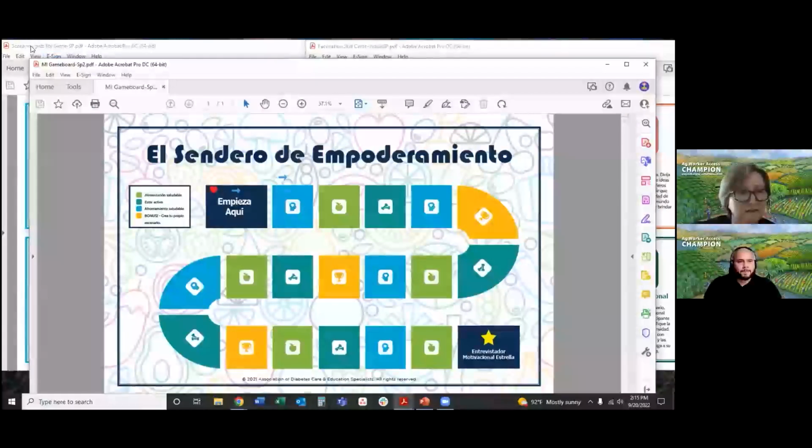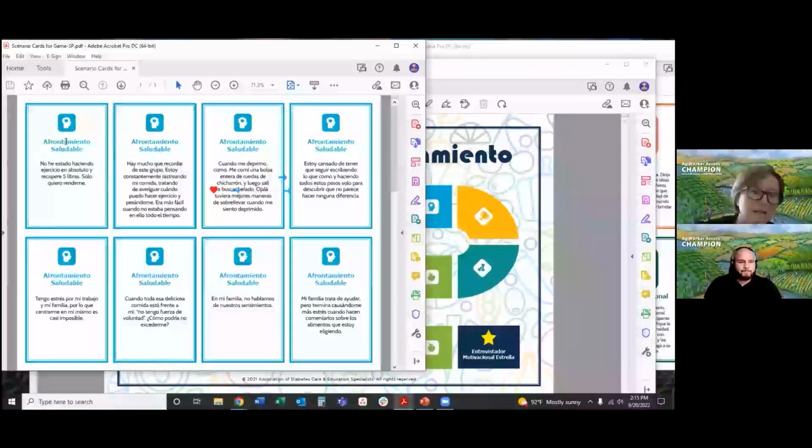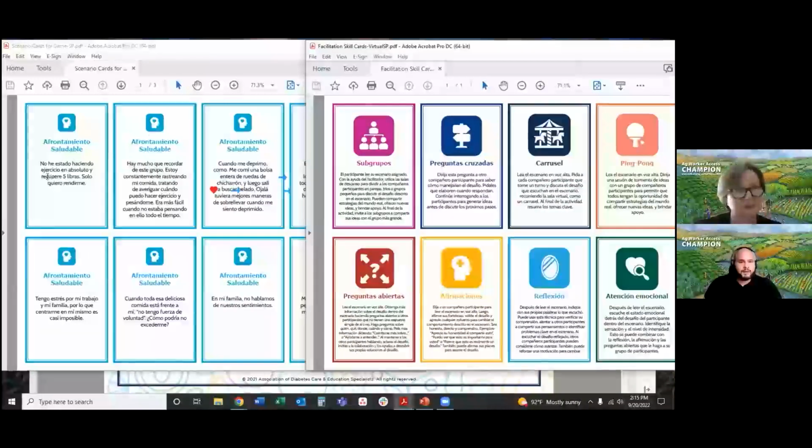So the first scenario is healthy coping. I have not been doing any exercise. I only gained back 5 pounds. I just want to give up. Sí, efectivamente. So in fact,